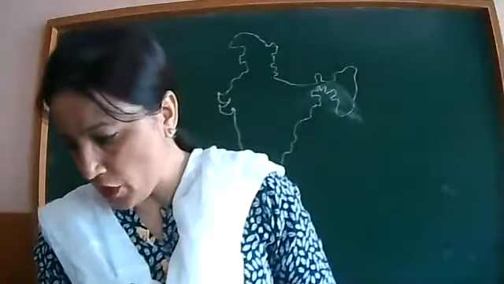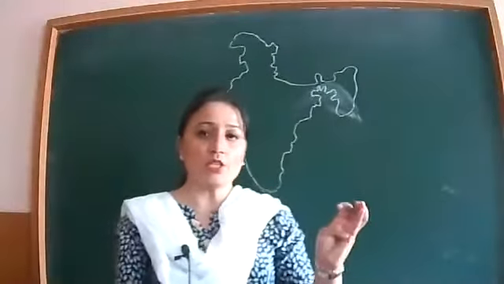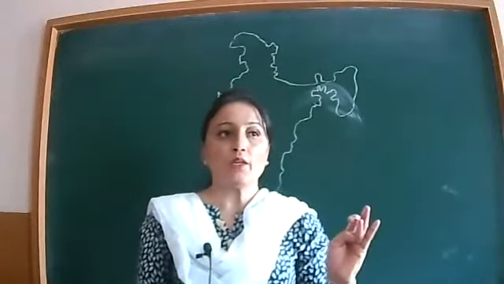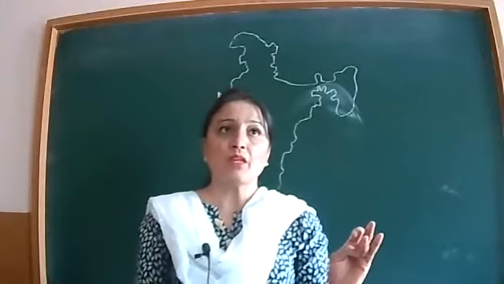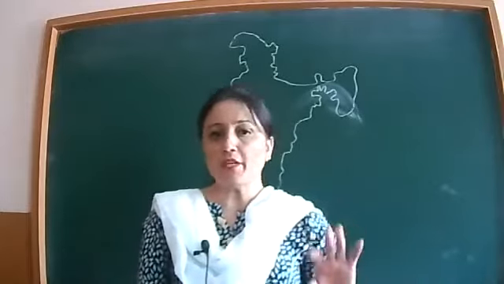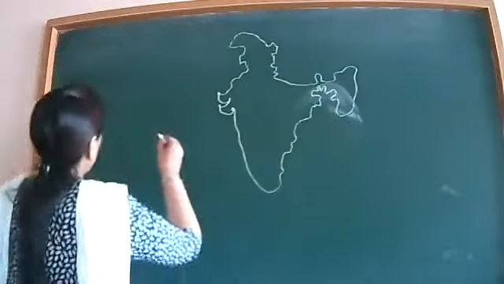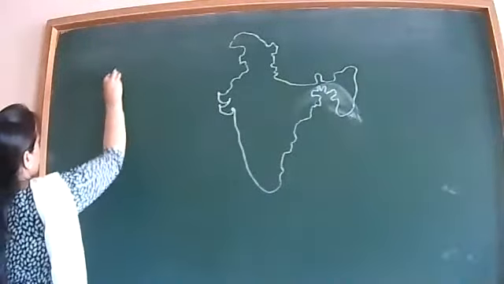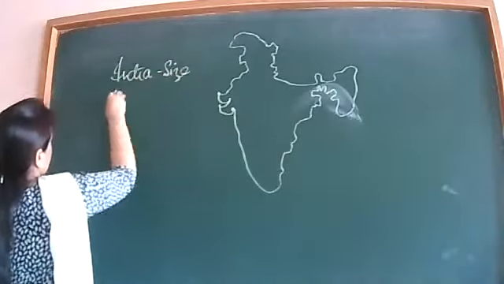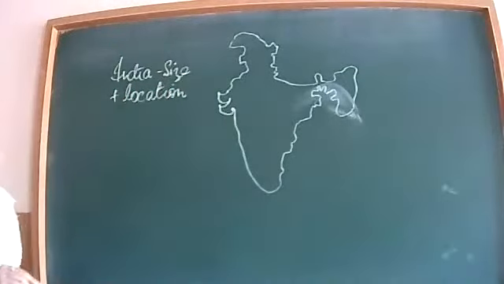And on this map, first of all, we'll do the first chapter: latitudinal location and longitudinal location, the important line of latitude and the important longitudinal line that pass through India. Then we'll discuss Palk Strait, Gulf of Cambay, Rann of Kutch, the prominent features which we have already discussed in the first chapter, India, Size and Location.